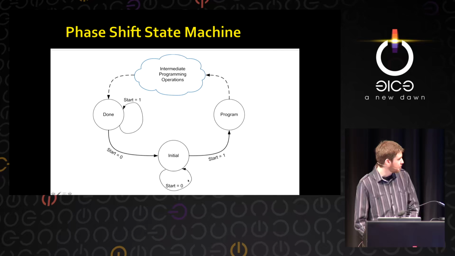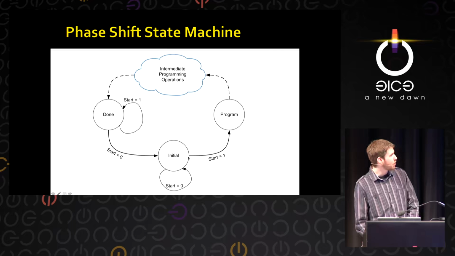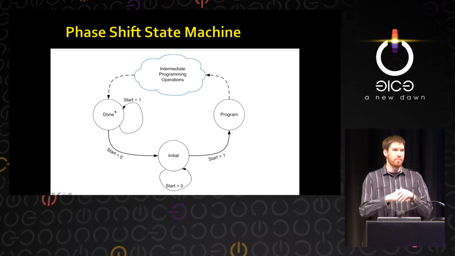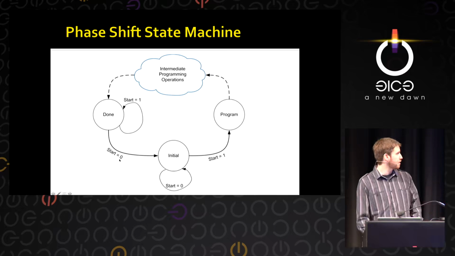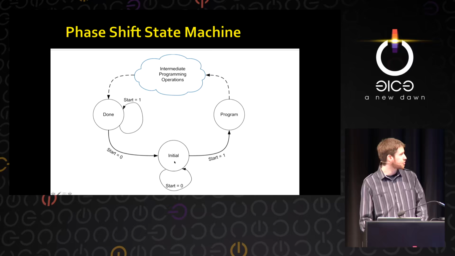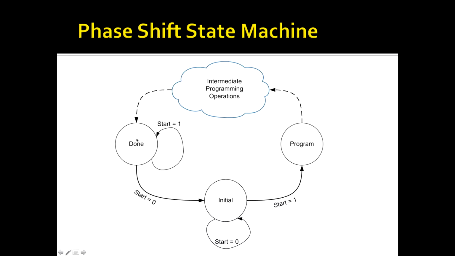So I just made a simple state machine that, when the CPU says, I want you to shift 1 degree, goes off, programs the PLL, and then exits the state machine and waits. The CPU will still have said, I want you to shift 1 degree, and it'll be stuck in the start equals 1 position. Then finally, many clock cycles later, because the CPU is much slower than this PLL, when it finally responds, you can tell it to put the start bit to 0, and then it'll bring you back to the initial state. This way allows you to shift 1 degree at a time, and it'll get trapped in this loop until your CPU is actually able to shift.